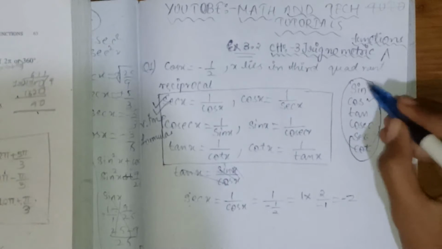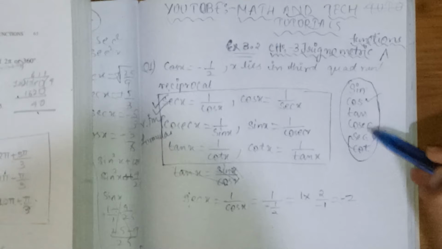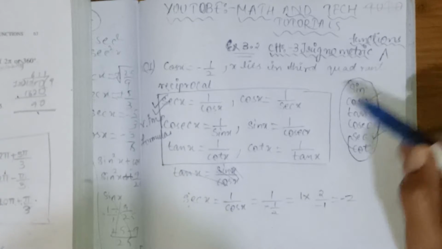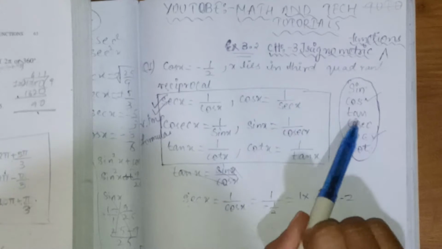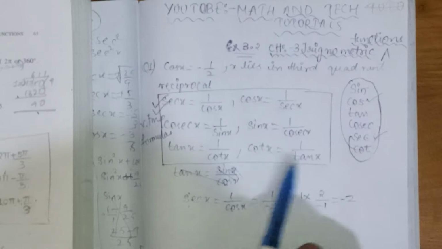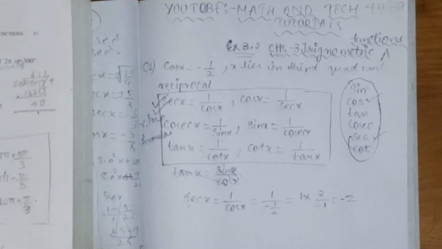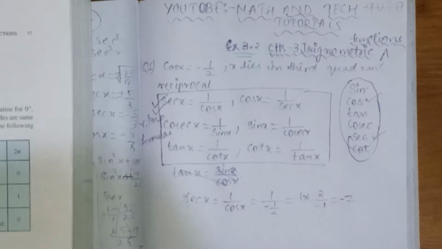So we got the value of cos x and secant x. Now we have to find the value of sine, tan, cosecant, cot. Sine's reciprocal is cosecant x, but we don't have that value. How can we find tan? We don't have cot. If we want cosecant, how can we find it? We don't have the sine. As I said in the previous introduction video, there are a few equations, and these are also very important formulas for finding values.